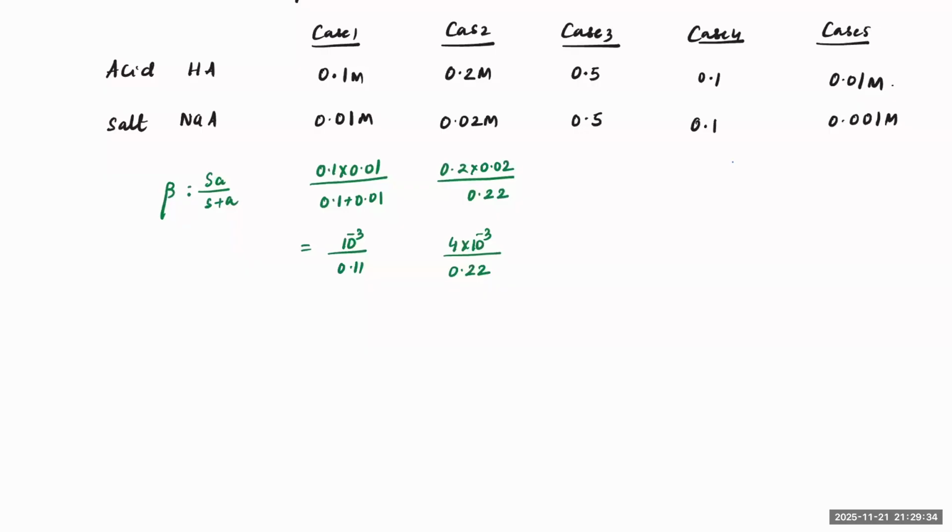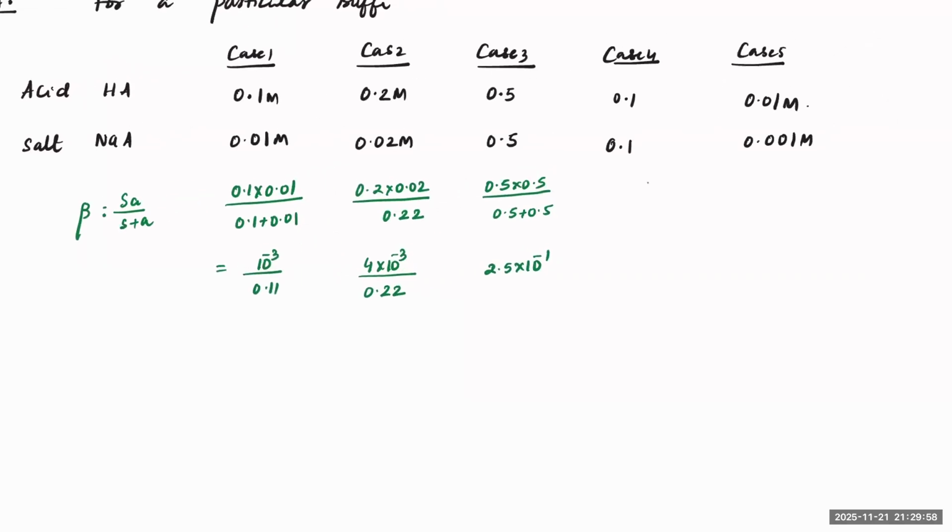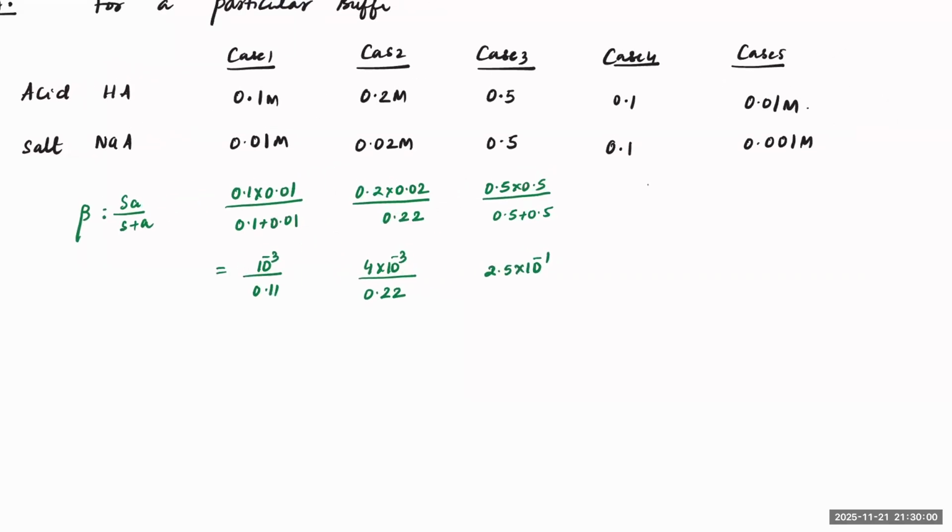And here we have 0.5 into 0.5 divided by 0.5 plus 0.5. So that will be equal to 0.5, I mean 25 or 2.5 into 10 raised to power of minus 1. This is how much we will have, divided by 1, that is going to be simply divided by 1. Here we will have